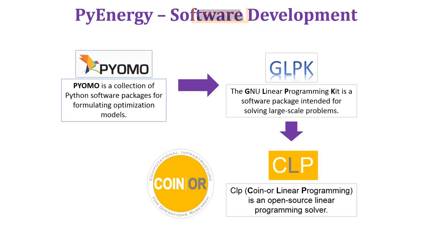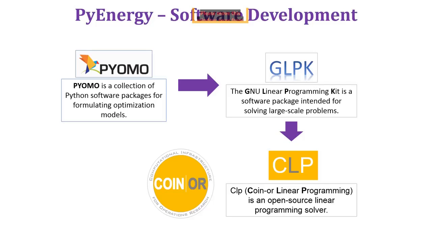The next step that we took to improve the computational effort of the engine is to use the solver GLPK directly. Pyomo was an interface, so instead of using the interface, we decided to formulate the mathematical formulation directly inside the solver called GLPK. After doing that improvement, we got a significant improvement in the computational time.